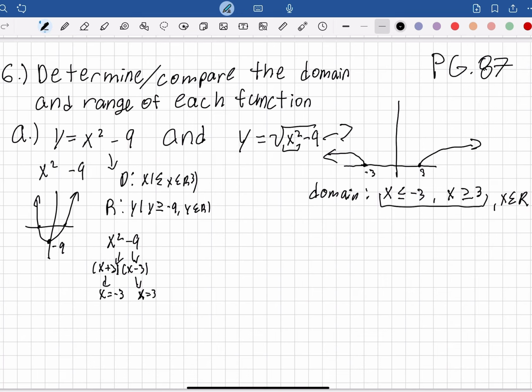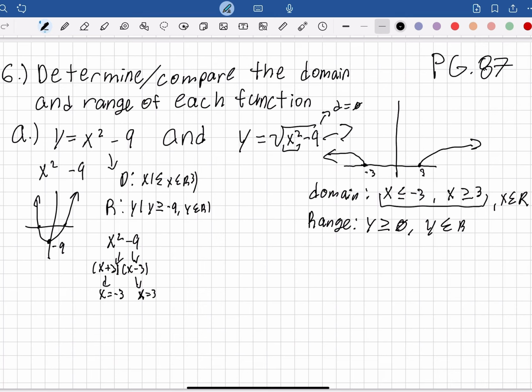Now, if we were to think about what our minimum value is, we do not have a d value in our original function, meaning that our minimum value is just 0. So our range for this function is just going to be y has to be greater than or equal to 0,